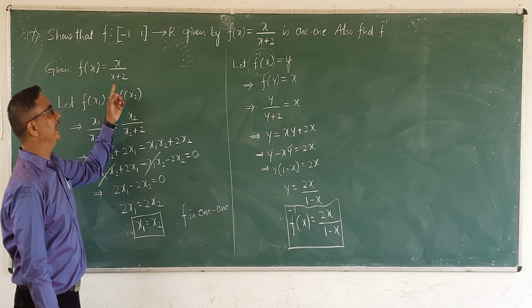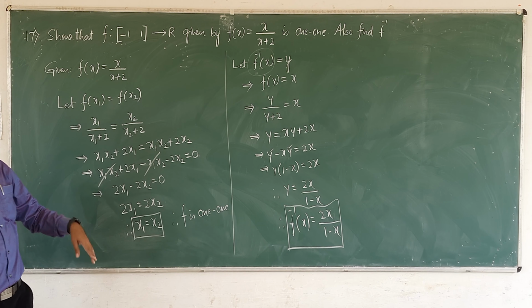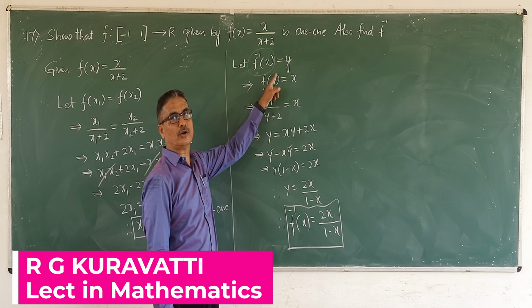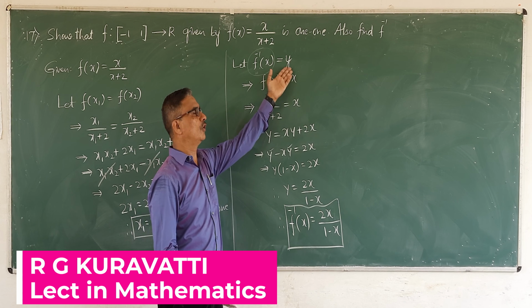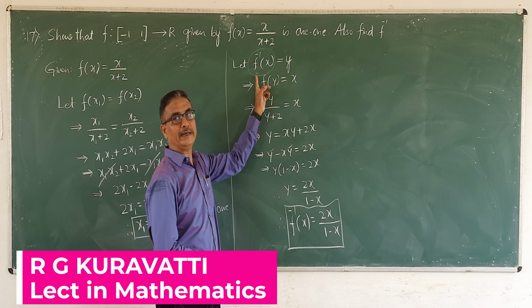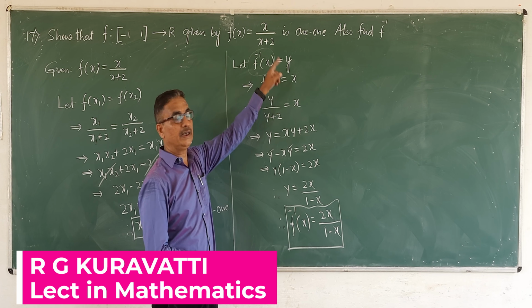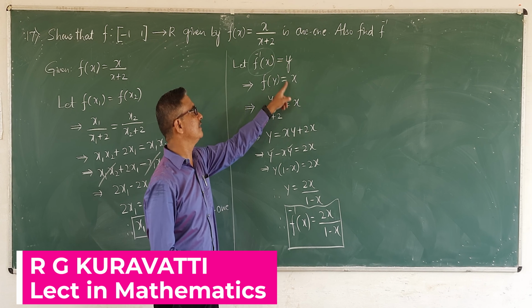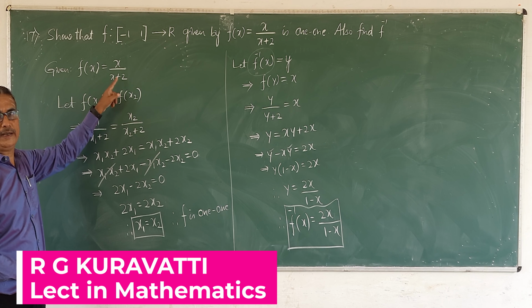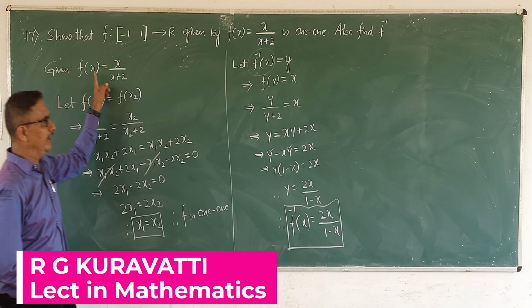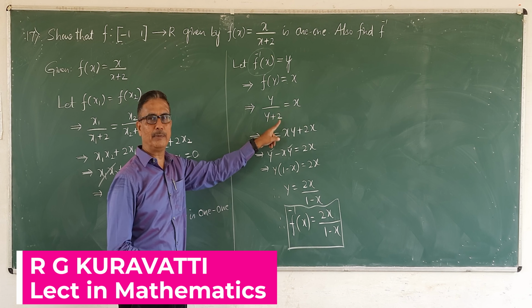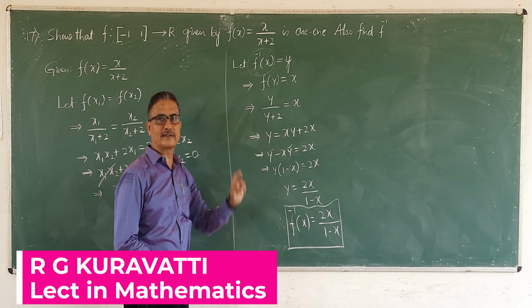Okay. Now show that it is 1-1. Also find its inverse. Let the inverse image of x be something we don't know, we call it y. Now to find the value of y, this implies by the definition of the inverse function, the image of y is equal to x. Since f of x is equal to x divided by x plus 2, that is given. Instead of x, here put y, so that f of y is equal to y divided by y plus 2 is equal to x.